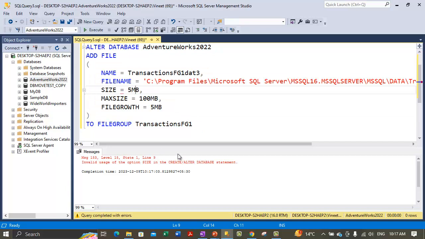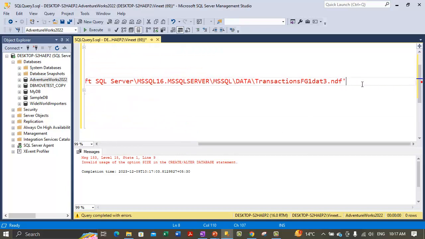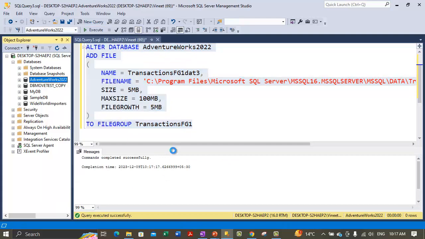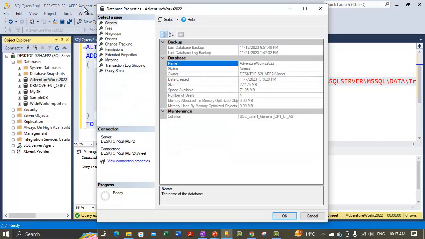It is saying invalid usage of size, so a comma is missing at the end of the second statement. Let's execute this statement again. It should execute fine now. So it is executed. Now if you take a look at the properties of the AdventureWorks 2022 database and go